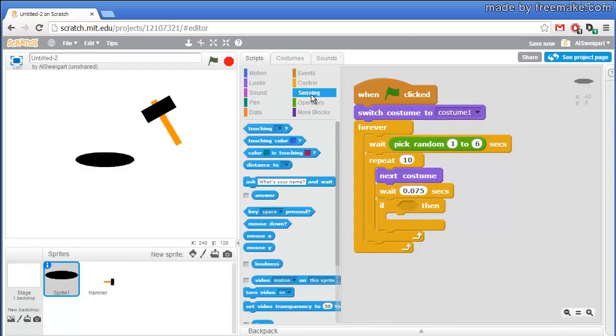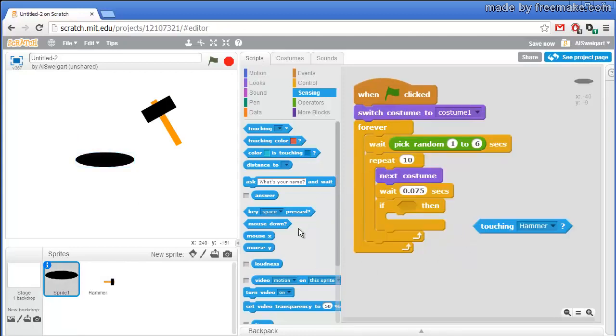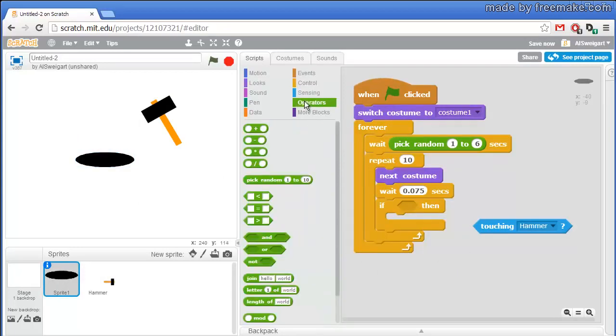First of all, it has to be touching the hammer sprite. So we'll grab that touching block from the sensing section. But not only that, it has to also have the hammer in that swung down motion. So remember, the hammer starts off at -30, and it swings to the left by 90 degrees, so it'll end up at -120. So for the cat sprite right here, we need to grab this operators section's equal sign,